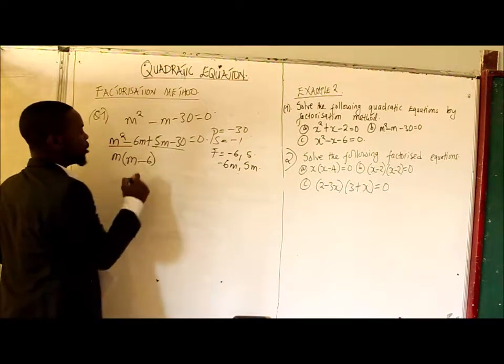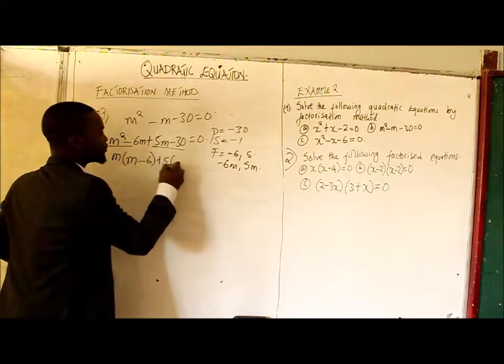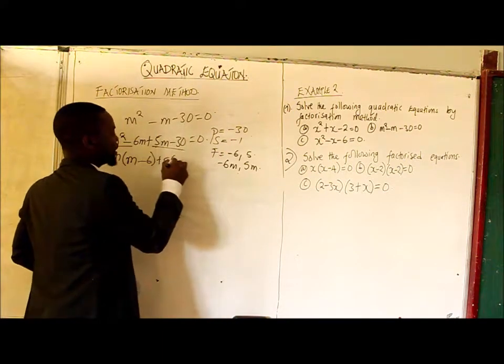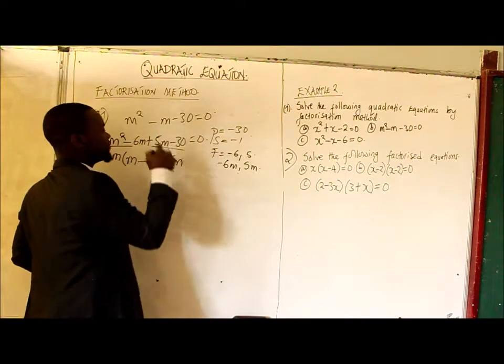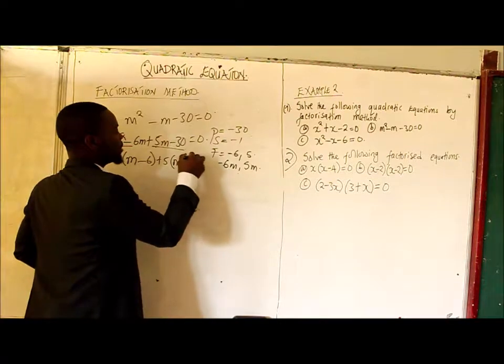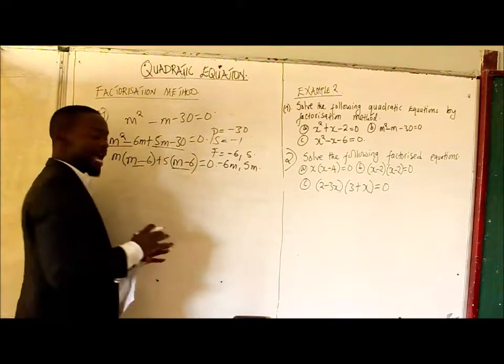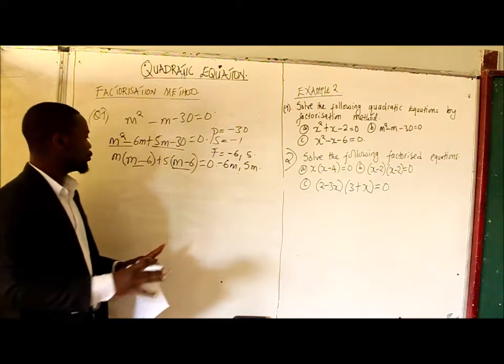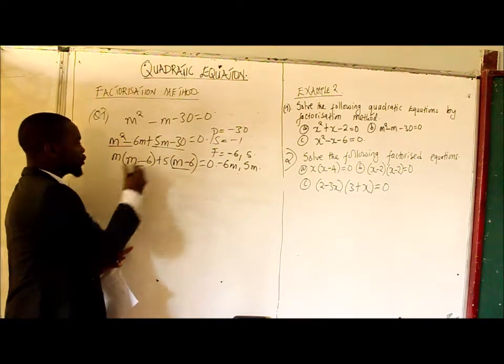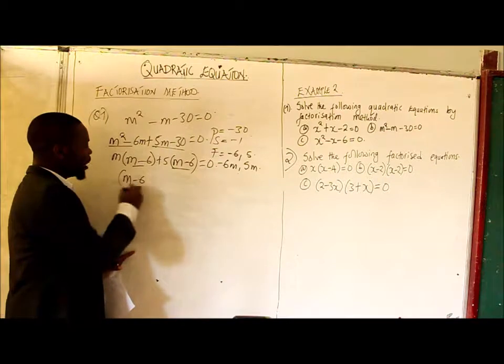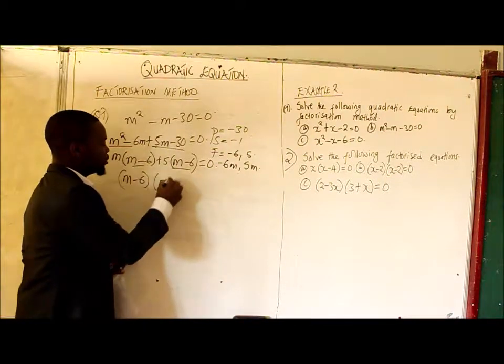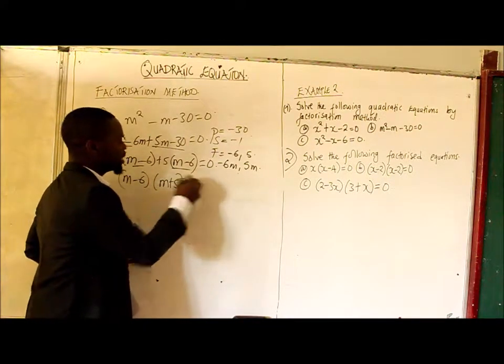Then from here, what is common? Positive 5 is common. 5 into 5m is m. 5 into negative 30 is what? Negative 6 is equal to 0. Of course, this and this, they are exactly the same, which means that we are moving well. So we take one component of them, and then what is outside, we group them too. Should give you what? 0.